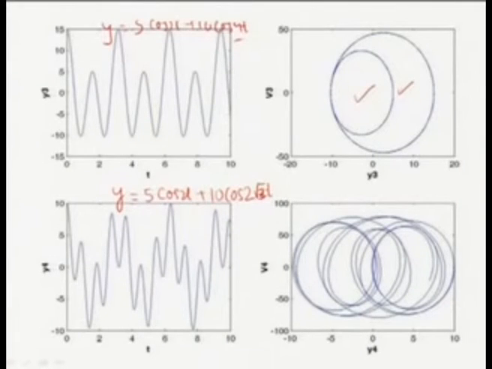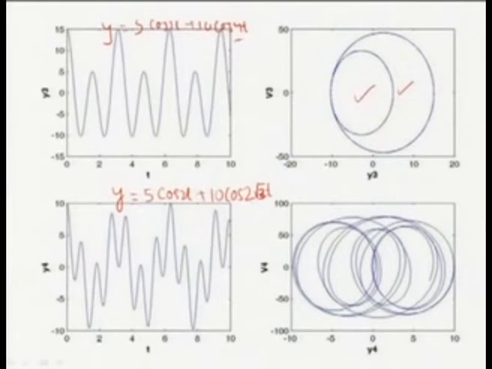So, in this case for 2 periodic response you can have 2 loops, in case of a 4 periodic response one can have 4 loops, but in case of a quasi periodic response when the ratio is an irrational number, that is, this is 2 root 3 t by 2, this is root 3, or if one takes this 4 root 3 by 2, then it will be 2 root 3. So, if these ratios are irrational numbers, then the response will be aperiodic or quasi periodic and the corresponding phase portrait will be a torus.